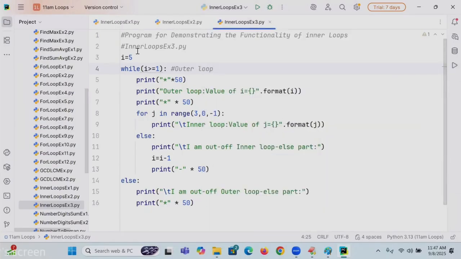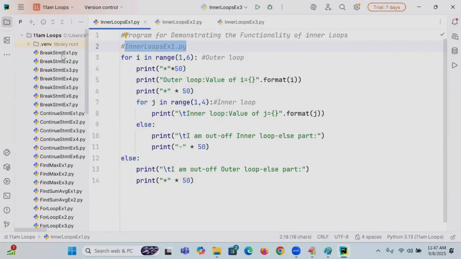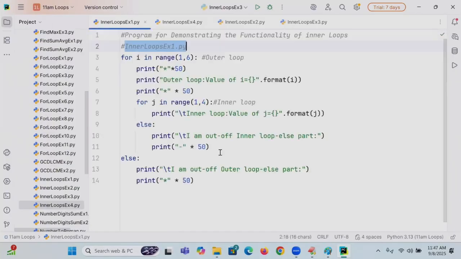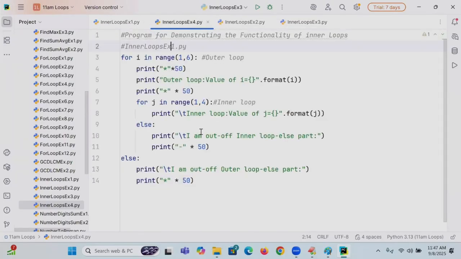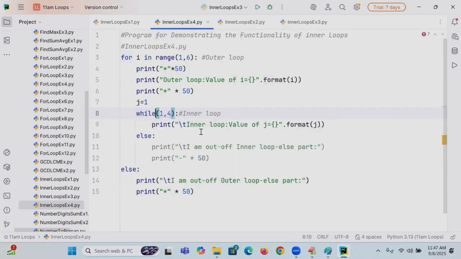Yes. So students, now last and final, I will go to this place. Inner loop example 4.py. So I'm writing there 4.py. Students, carry this. There I'm writing this part. J is equal to 1. So I'm writing while j less than or equal to